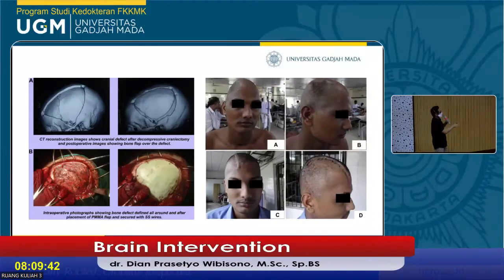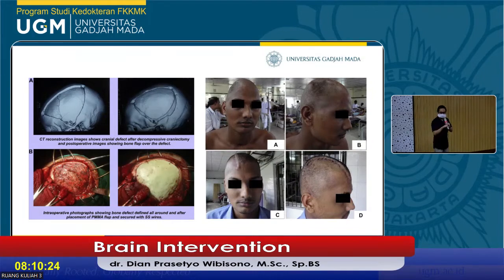This is a little bit different. This is a patient who already had a craniectomy. For people with craniectomy, after the brain shrinks because the edema has recovered, it will appear like this. So the head is concave. But it's normal, because there is no bone right here. Is it safe? It's safe, as long as there is no direct trauma to this part.